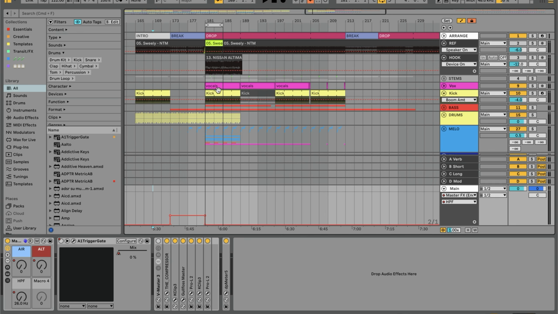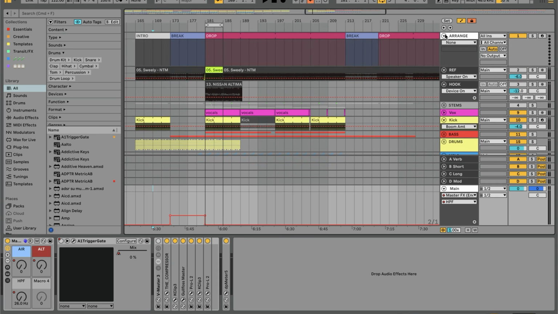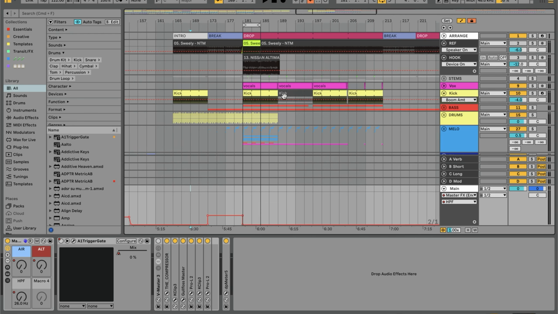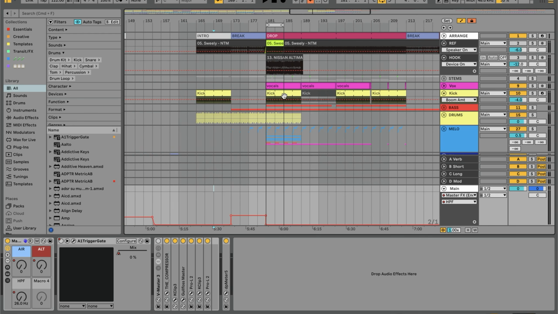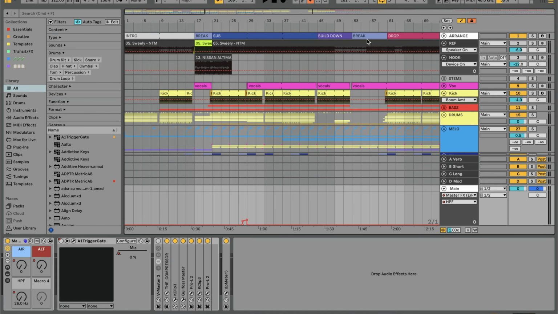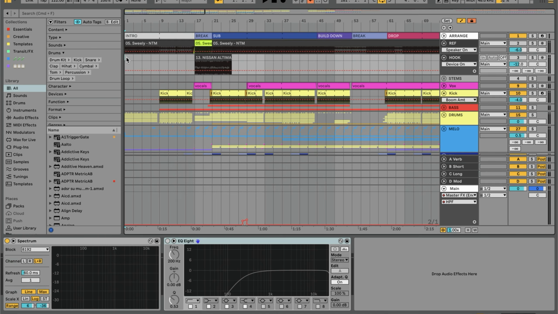Boom, and then we have the main loop here, and then you can just copy and paste everything over using the structure arrangement track as a guide to get a 30,000 foot view, really quickly, of a finished track. You're close to being there. Then the idea after that is I'll go through section by section and listen to the reference